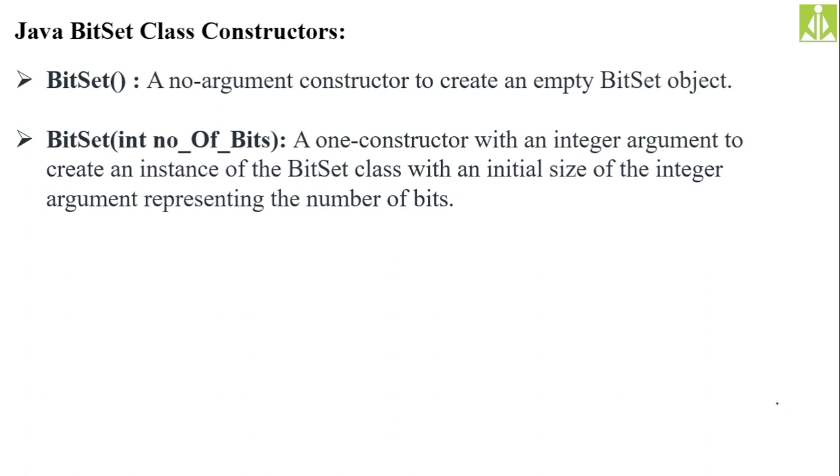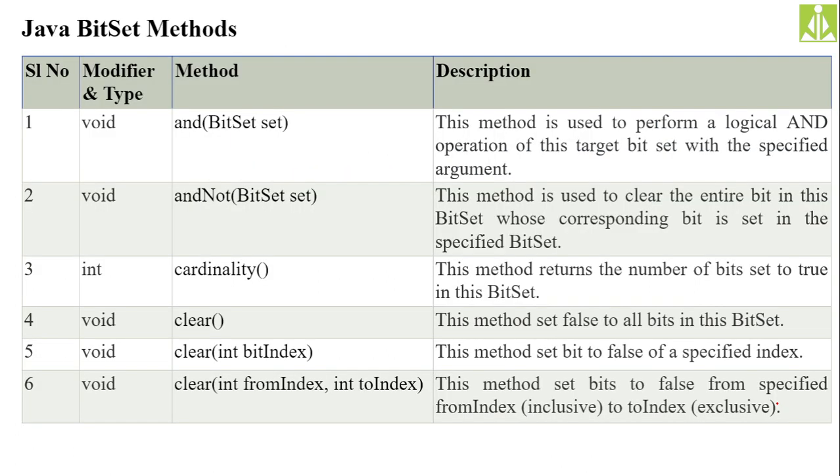But if you call the argument BitSet constructor, what is it taking? It is taking the number of bits. So the size of that BitSet will be equivalent to that number of bits. So you generally have to pass a positive integer value over there, so that a BitSet with some size will be created. Whatever integer value you pass, your BitSet size will become equivalent to that one. Remember this one.